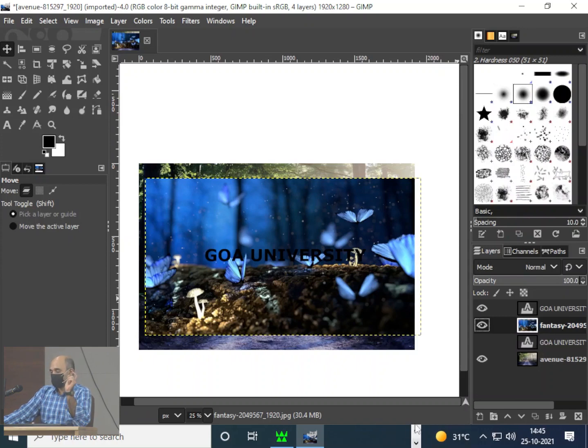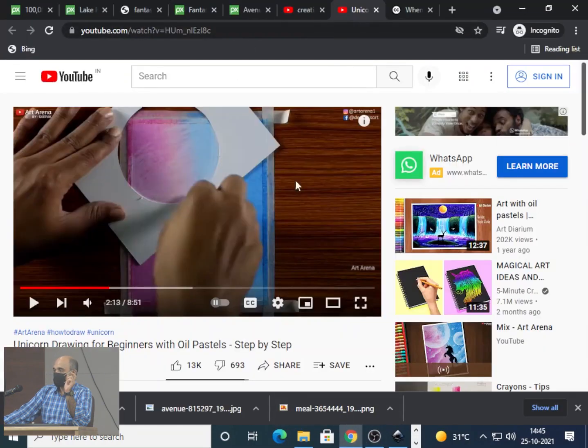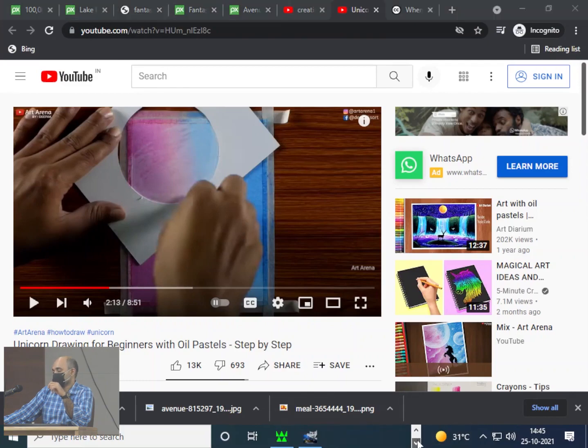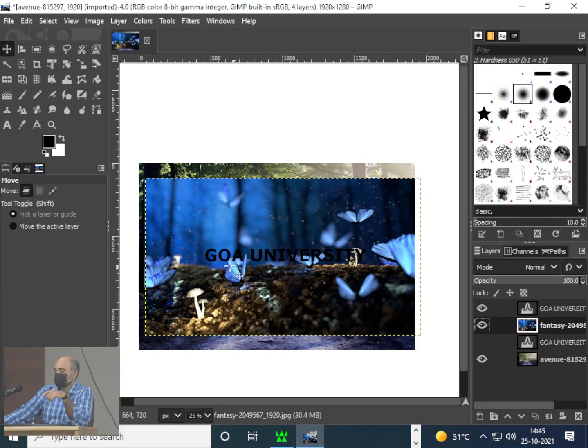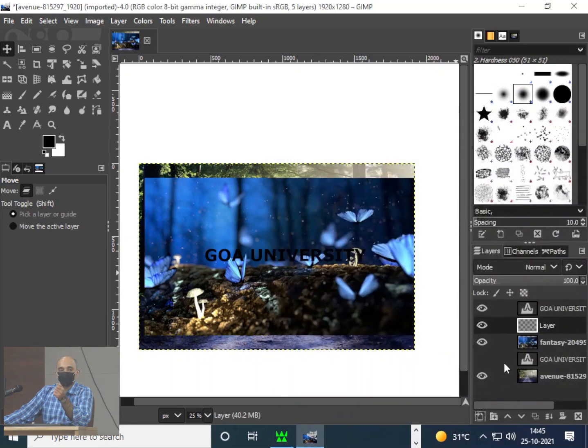If you remember this video, they did not show you how to actually create the mask, but they already had a mask. This was a mask which somebody had created, and what you see is the application of that mask. So what you have to do now is create a mask. How do you create a mask? First you have to create a layer, because there is something required to create a mask.